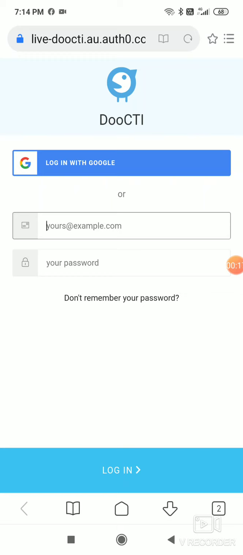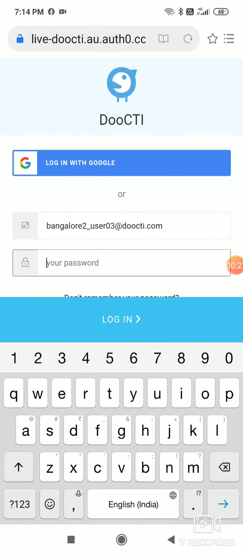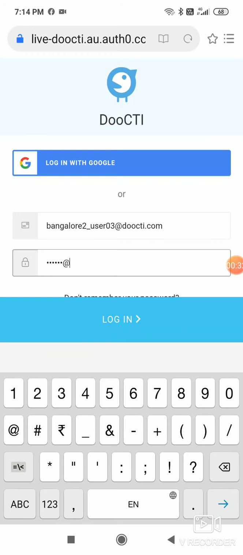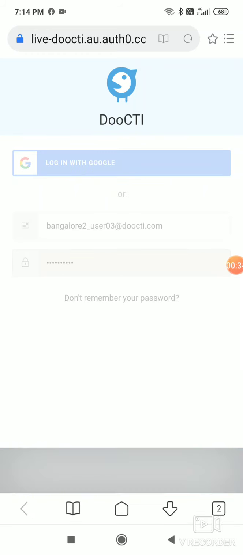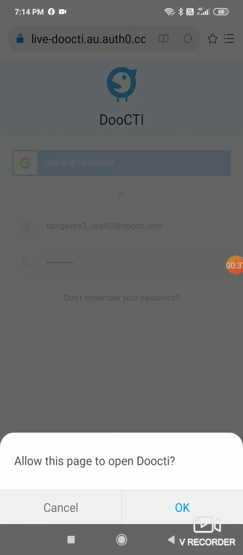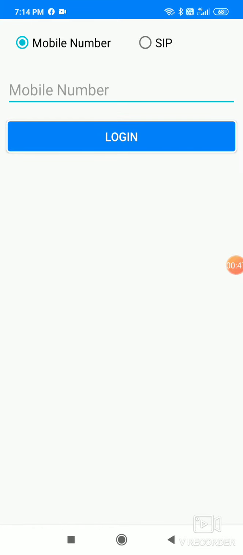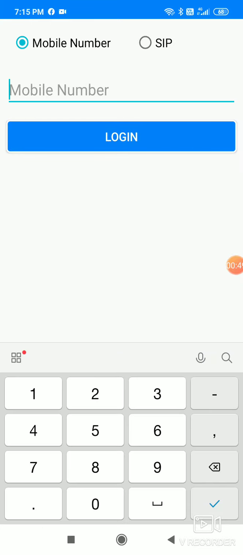First of all, we have to log in with the user ID and password which you have received from the office side. Now you have to allow the page to open Docty, so click on OK. And here is your mobile number. When you put down your number,